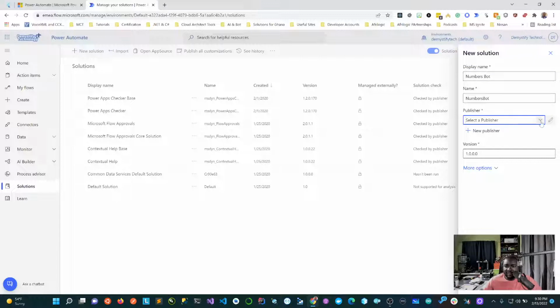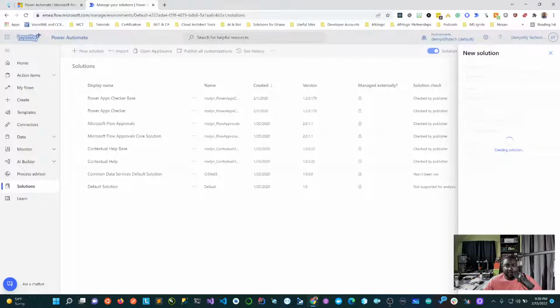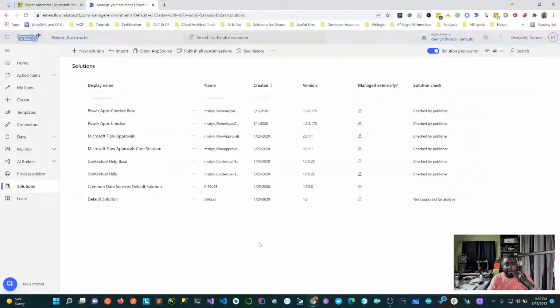Select the default publisher. I'll use CDS Default Publisher, and then I'll create. So I'm just creating a solution, which is kind of like a logical wrapper around it. I know we have a couple of minutes to go, but I'll just show this. In the numbers bot, I'll open it here, and this just opens the numbers bot.